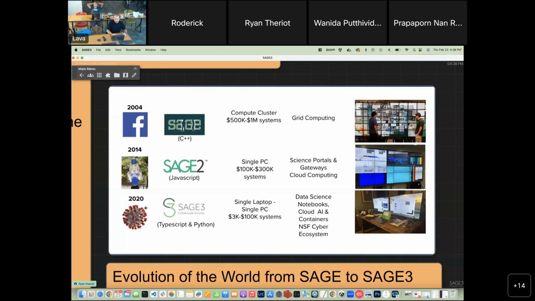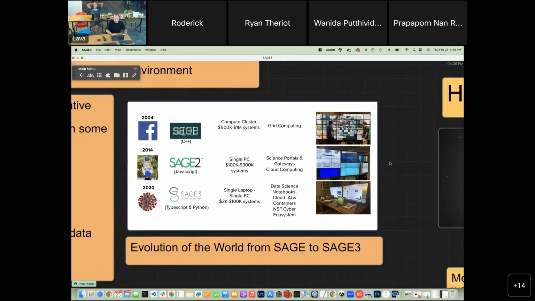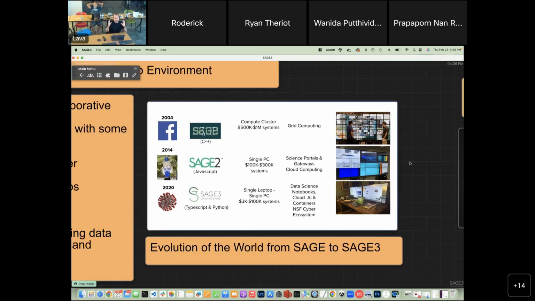And then right around the beginning of COVID, SAGE3 started. And it's written in TypeScript and Python. One of the big differences for SAGE3 is that you don't have to have a big display wall, since SAGE runs on the client's computer, which you're seeing right here on my laptop. So everybody has a mirrored copy of what the wall is or what the board is. So now the prices come down even more, and we're focusing more for SAGE3 on data science, notebooks, cloud AI, and